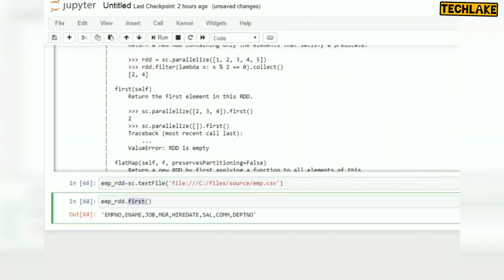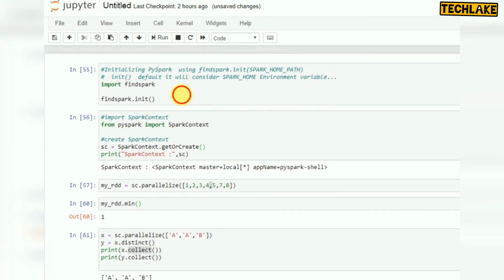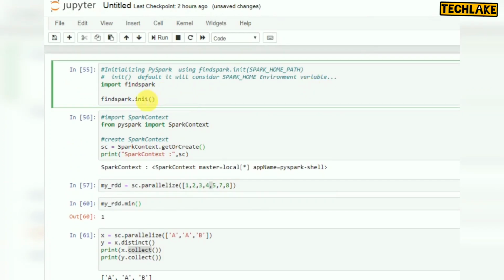Let's rewind whatever we covered. First, whenever you are using PySpark in a local system, you have to initialize it. You import the findspark module and initialize. If you don't give any parameter value, by default it will take the Spark home environment variable value, or you can give any environment variable value, or use other parameters for the initialization.